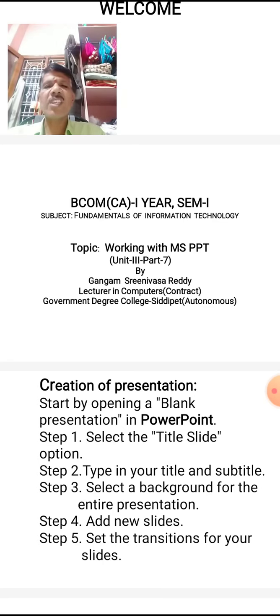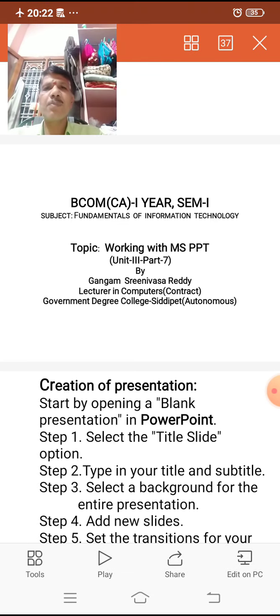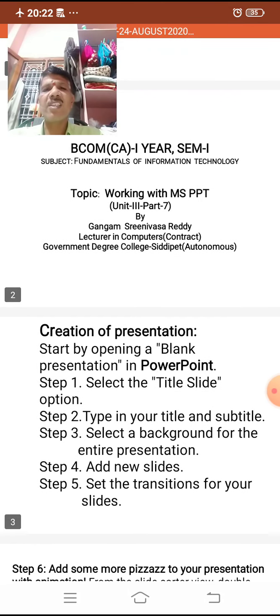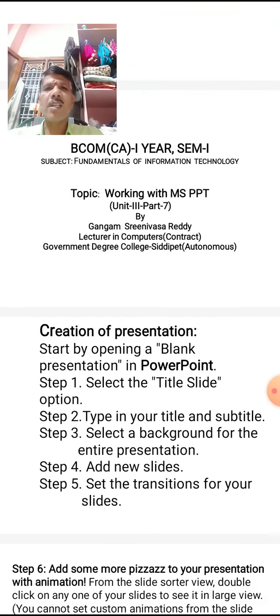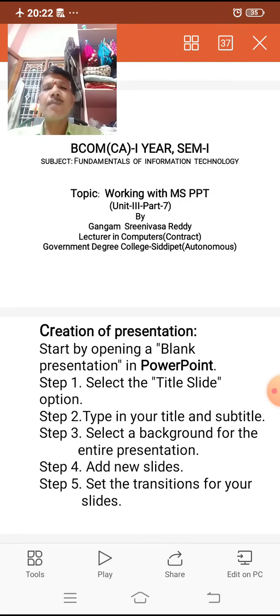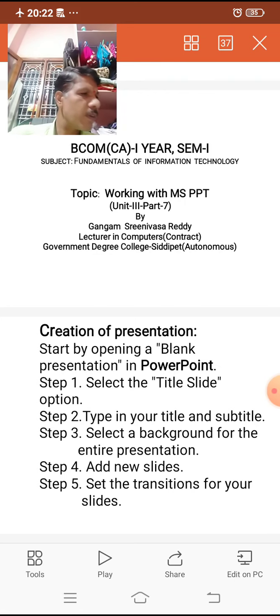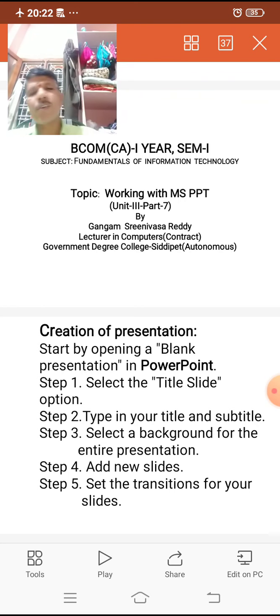Such a presentation can be created by using various steps, as follows. So how to create the presentation? Some steps are included in the creation of PowerPoint. Initially we have to open the Microsoft PowerPoint application.